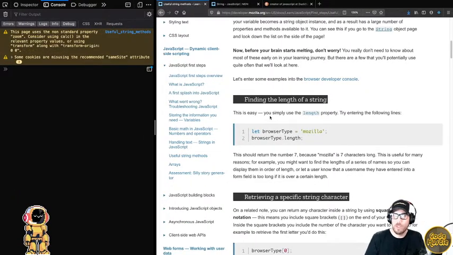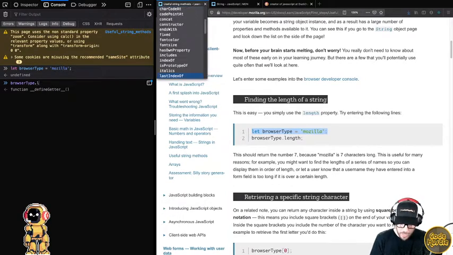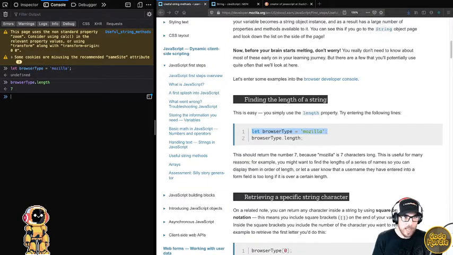So the easiest, you simply use the length. This is another good one when you want to count how many characters are in your string, right? So we have the word Mozilla here. And now if you enter that, and then we do browser type dot length, this is a pretty simple one. You just do that, right? And it's 7. Now let's test this. So if you do browser type, let's re-declare this, and I'm going to still call it Mozilla,